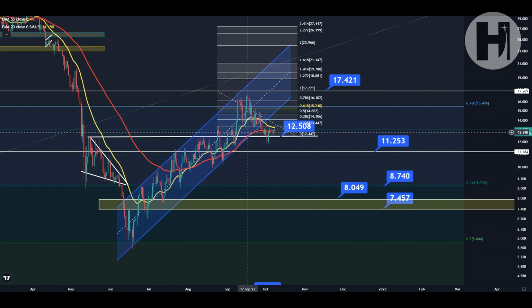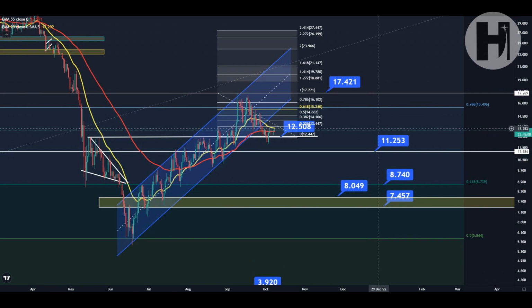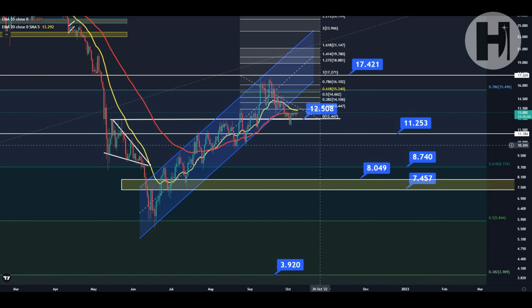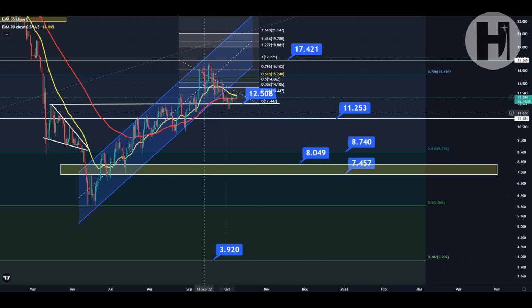And you may say, well, you're crazy for saying that. Well, back here when we were sitting at $7, if I told you we're going to be sitting at $14 or $17 in a couple of weeks, you would have said the same thing. So anything can happen in crypto. You have to realize that in a bear market, altcoins especially can get extremely oversold very quickly. So don't think just because you had this nice uptrend that you can't come back down to where you came from, which is usually what you do with these pullbacks, right?